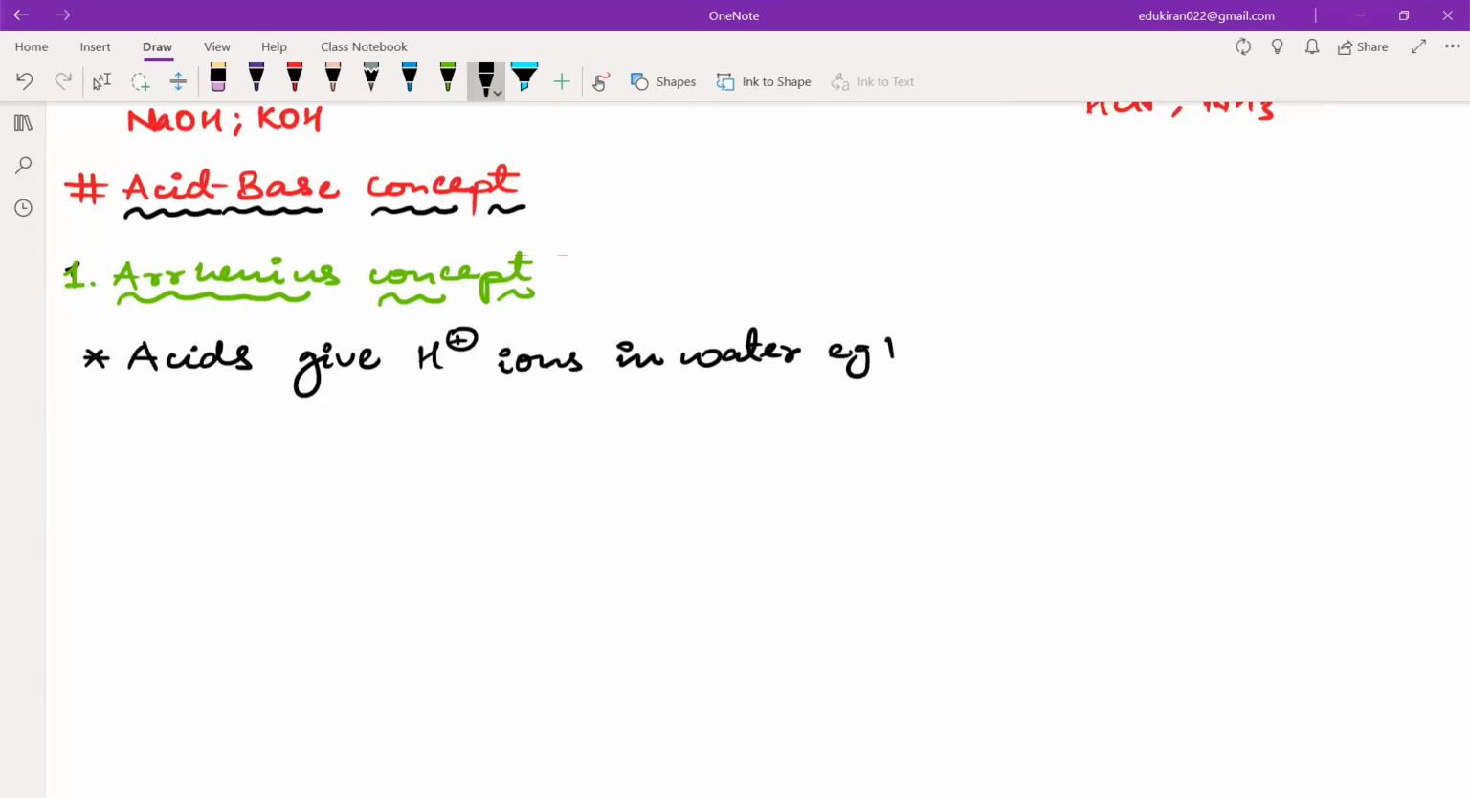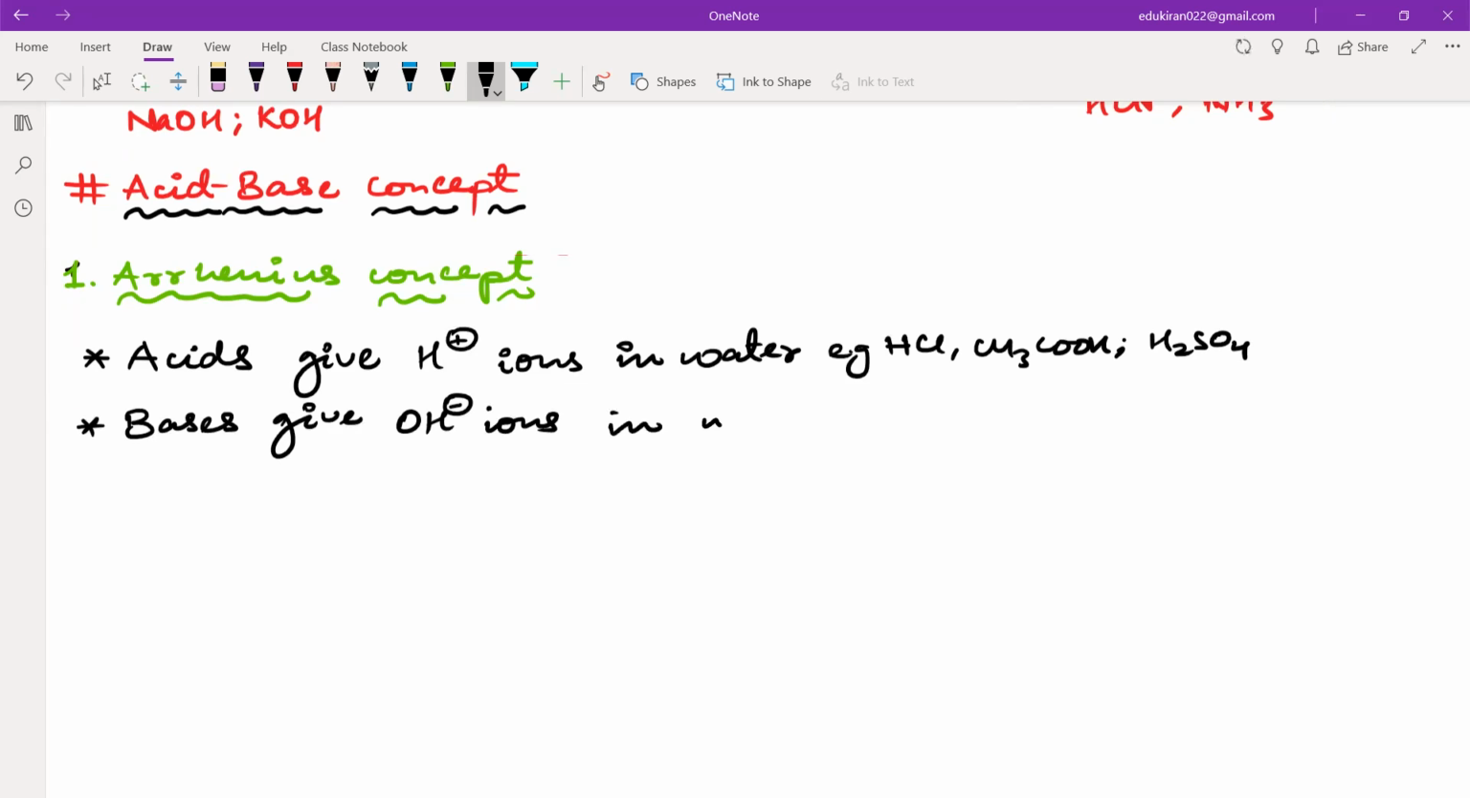Examples of this would be HCl, CH3COOH, H2SO4, right? Next is base. He said that bases give OH negative ions in water. So "in water" was there in the definition of Arrhenius. In water, it should give OH negative ions. So examples will be NaOH, KOH, right? NH4OH, and also Ca(OH)2. So these are examples of bases